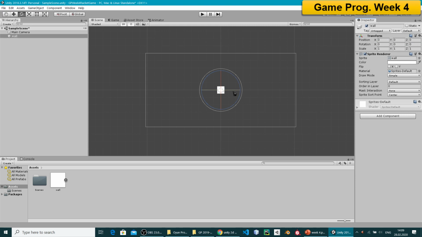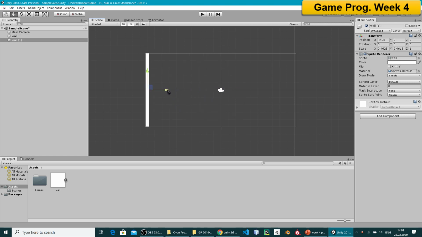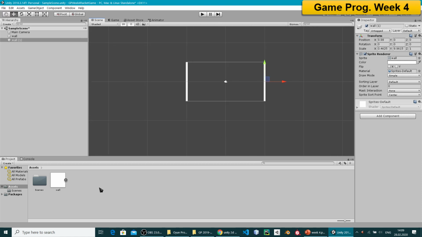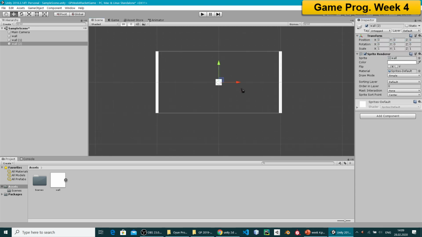And then press E or R here, scale it until you reach the border of these camera things. Then scale it down in the x-axis and put it here. Then press Ctrl D, you're going to have the same, and then drag this one here. Doesn't have to be perfectly matched, but this is okay, this is fine. And add one more here, and then reset it. It will align it in the center, and then make it like this,